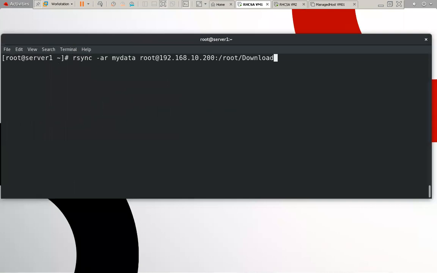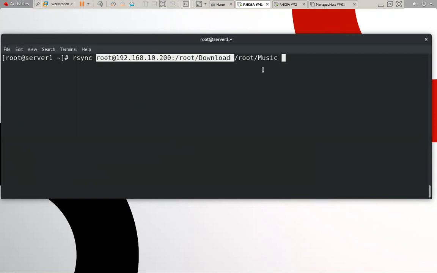Suppose we use the last command also, and we want to copy from the remote location to the local location. This is my remote location, and from download we want to copy the data to /root/music. This is my destination and this is my source.